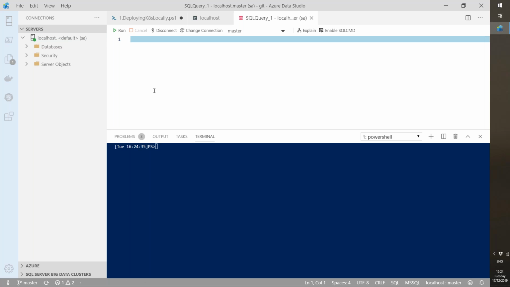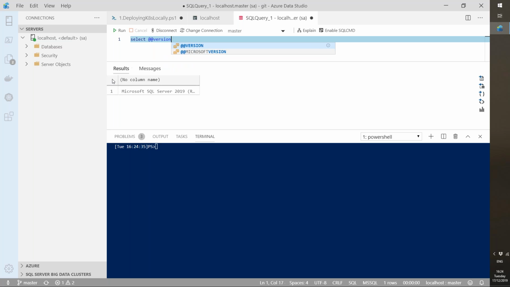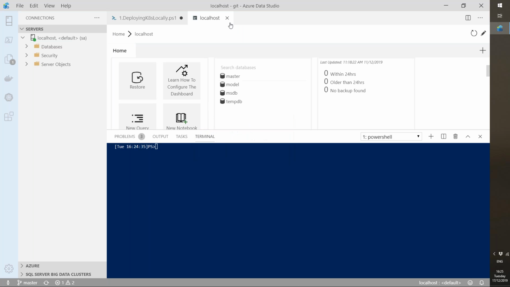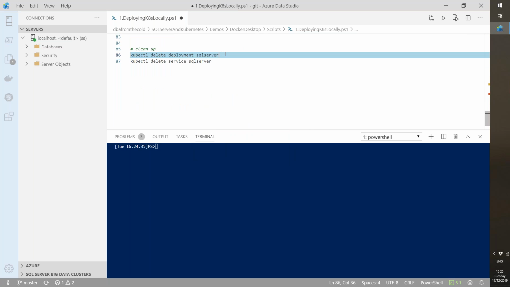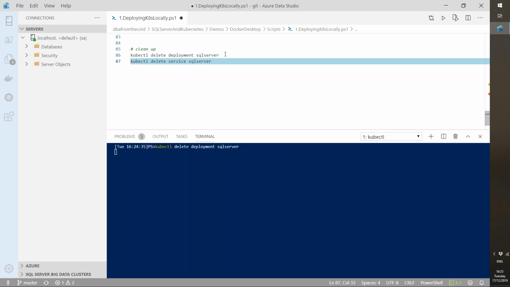I can run a query, select @@version, and there we are. We're connected via Azure Data Studio, or if we want Management Studio, into SQL Server running on our Kubernetes cluster locally. So if I close this down, there we go. And let's just do a little tidy up.